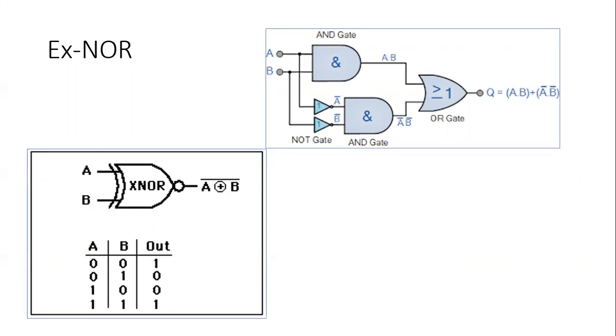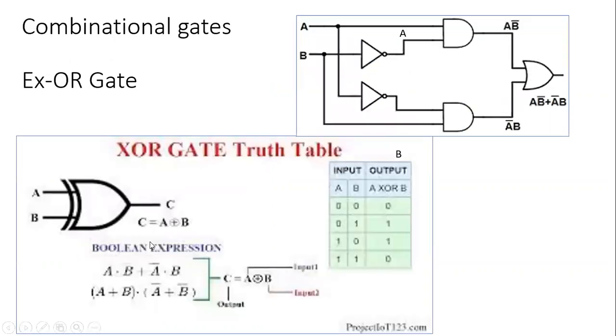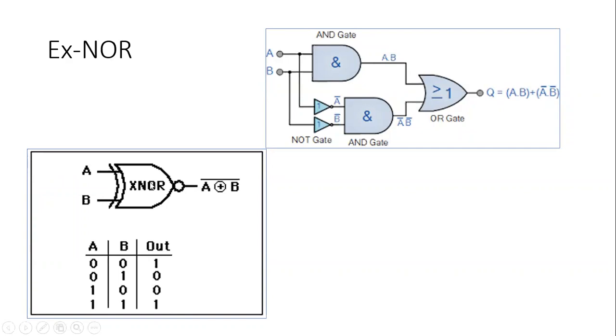When a NOT gate is placed in front of XOR, I get XNOR. What are we doing in XNOR? One input is A B, another input is A bar B bar, and both are given to an OR gate to get A dot B plus A bar B bar. Remember, OR gate means it will be doing the addition of the two inputs that we have got through the AND gates.